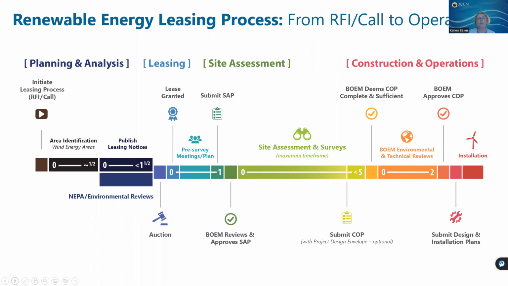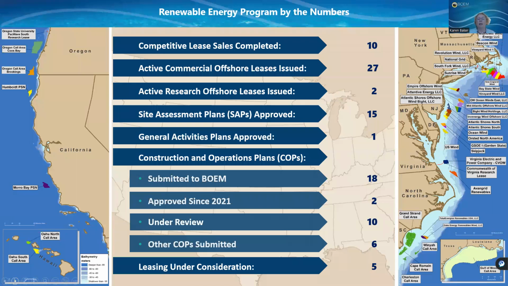Next slide. This just gives you a broad overview of where we are right now in terms of the status of our projects. As Suzanne mentioned, on the Atlantic coast we have a lot that's happening. Important to point out, we have 2 that are actually in construction, Vineyard Wind and South Fork. Everything else is a lease that is under some sort of review in some part of that other process. So we have 10 construction and operations plans right now that are actually undergoing the review process.